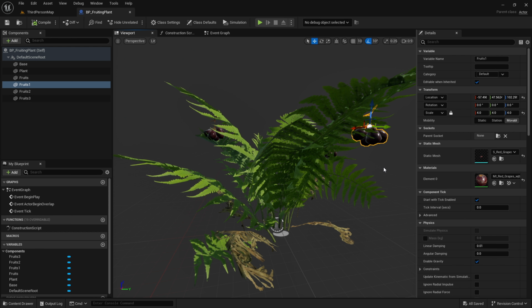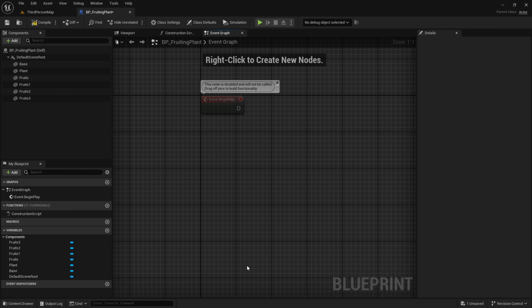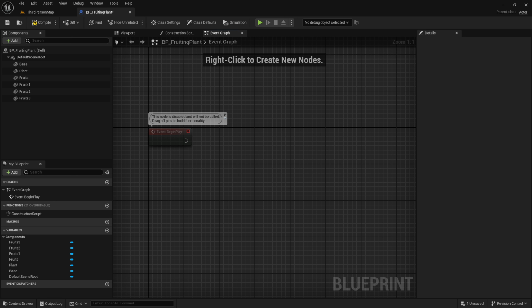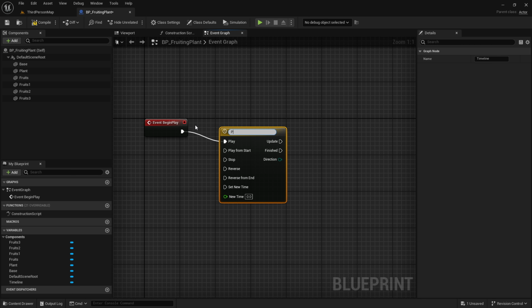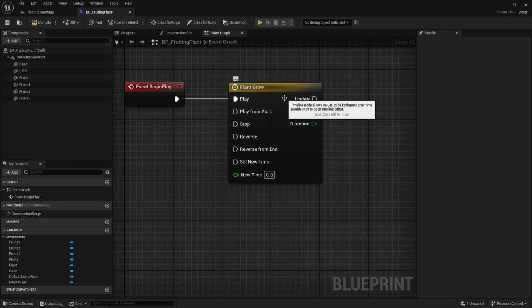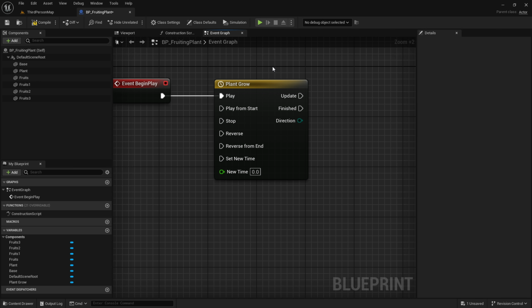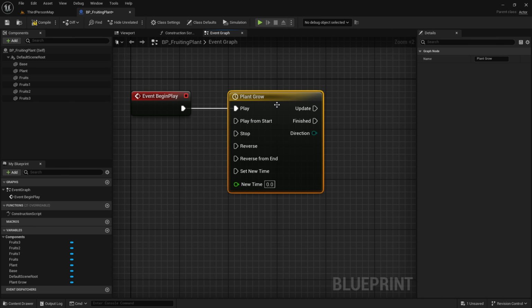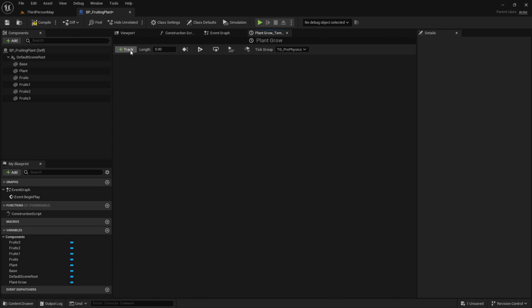Now the next step is to come back to your event graph. Here delete everything except our Begin Play, and on Begin Play we will make a timeline. This timeline will cover the time required for our plant to grow. Inside this timeline you can play with the values as per your need, but just for the tutorial I will keep the time very short so that I can show the complete procedure of the plant growing and we will not waste any time. Now simply open this by double clicking, and here under length